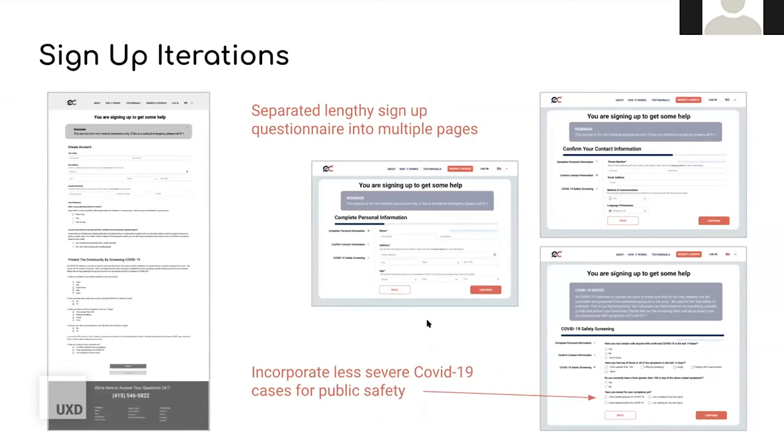We separated our sign-up process. We separated the lengthy sign-up form, the questionnaire, and the COVID-19 screening form into multiple pages to make it less tiring for the users. And this is